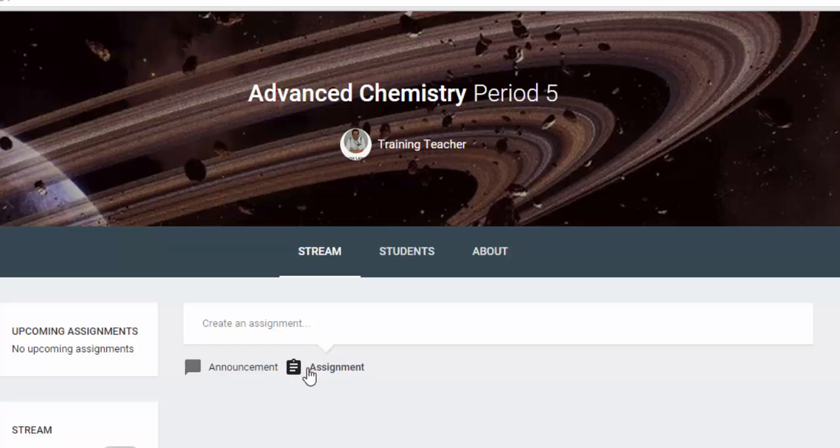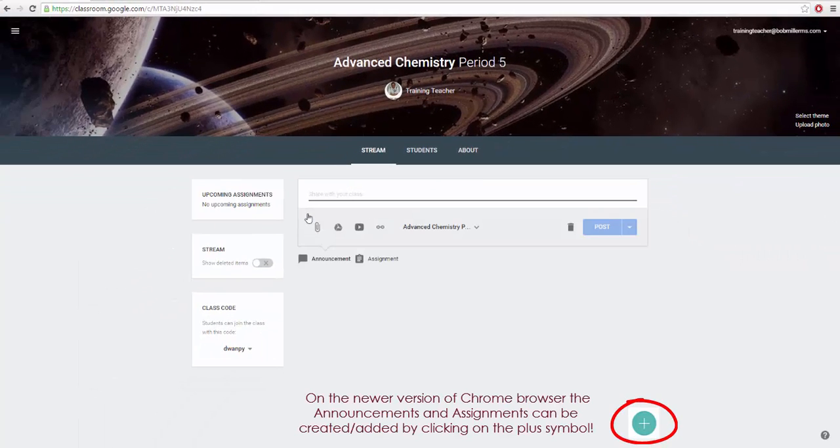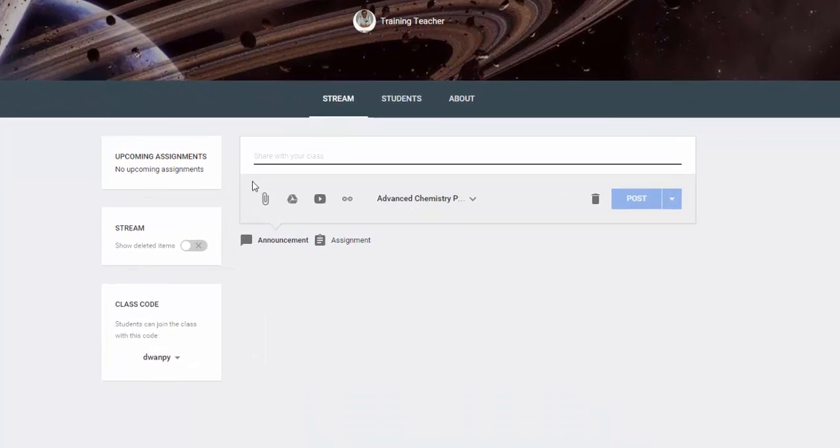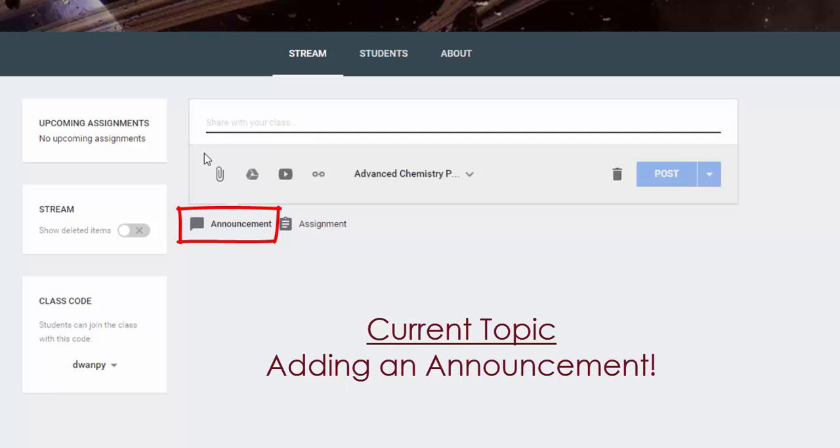Now, these are pretty self-explanatory, but I'm going to go ahead and dive into them and set them up so that you can see what it looks like from the inside. Now, announcements are obviously announcements you want to make within the class, things possibly that are coming up, and this is where you're going to house all of your announcements within that particular class. So we're starting off the first week, so I might put in welcome to my class, and you have several